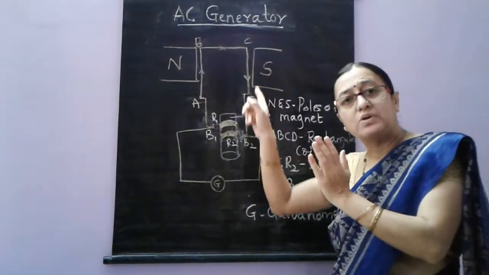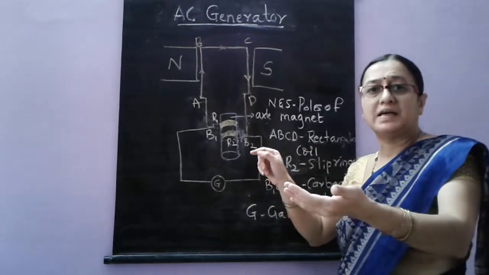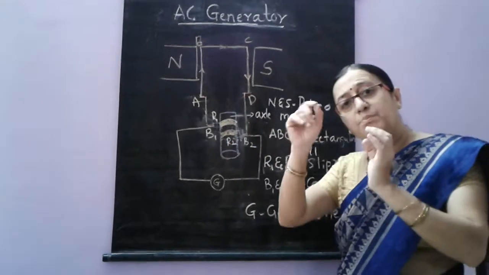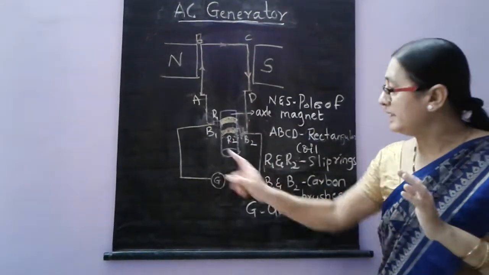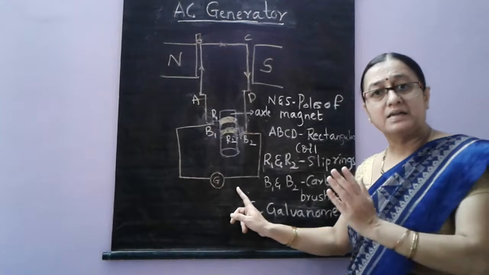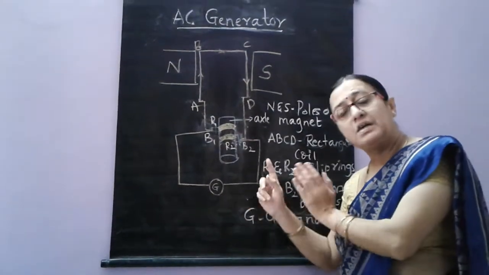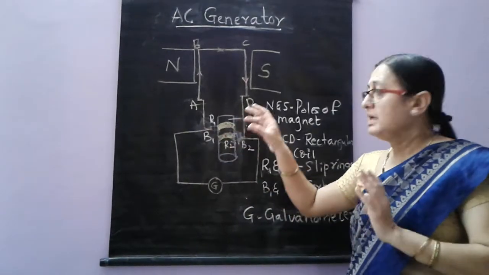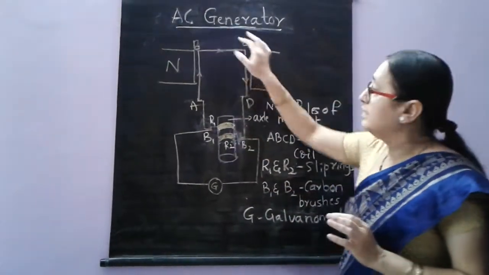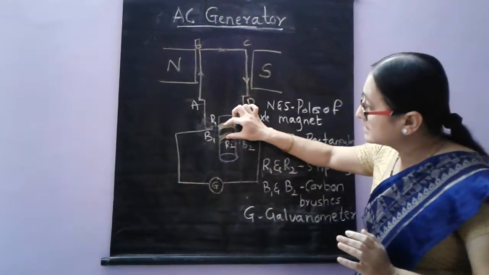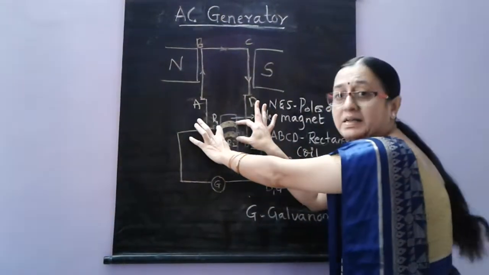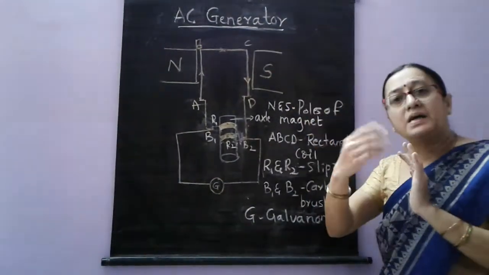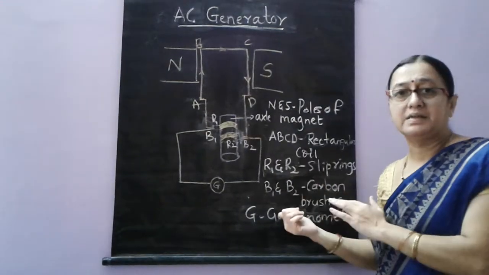Once the current flows through ABCD, in the second half of the cycle of this axle rotation, the current flows through DCBA. But in both conditions, current is generated and it is flowing in the external circuit. And the galvanometer shows the deflection, showing the presence of current in the whole circuit. If you want to convert this AC generator into a DC generator, replace these slip rings and place split rings and connect the ends to the brushes. Then the AC generator will be converted into a DC generator.